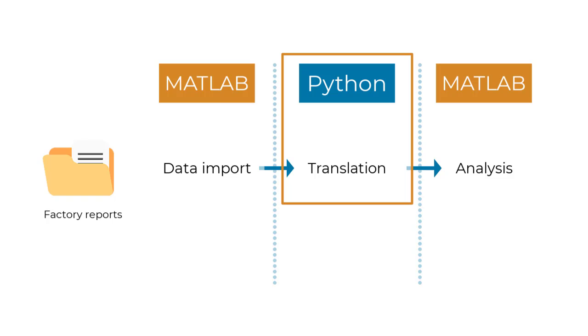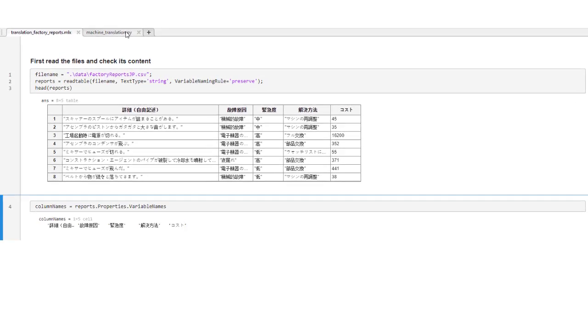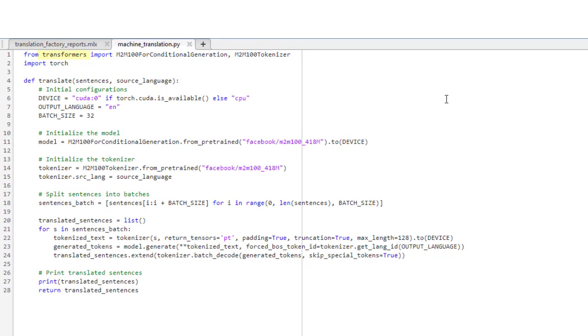using Python code. Did you know you can directly edit Python code inside MATLAB? This code uses the Transformers library from Hugging Face. It defines a function, translate, that uses the pre-trained model M2M100, which is a multilingual encoder-decoder model that can be used for translation tasks. The code automatically downloads the model. It will translate sentences to English, taking as input the sentences together with the source language, and returning the translated sentences. The file name for this code is